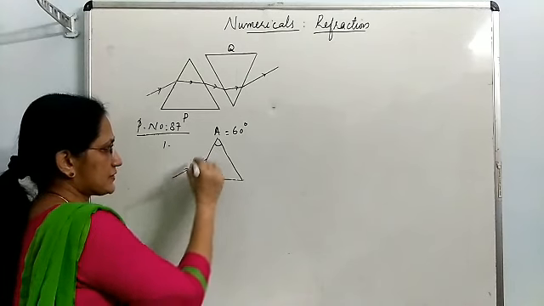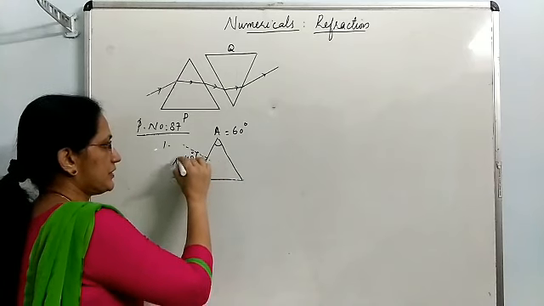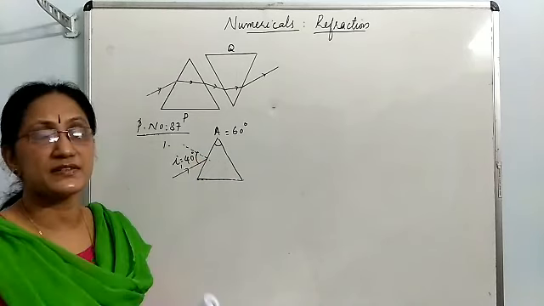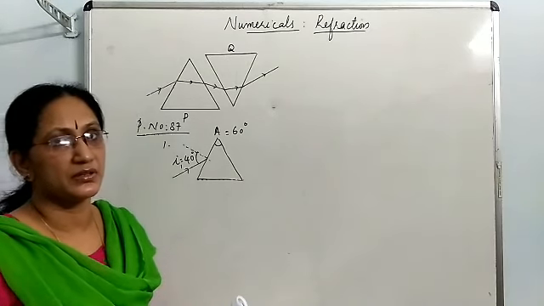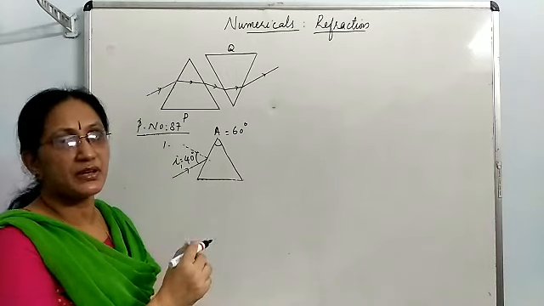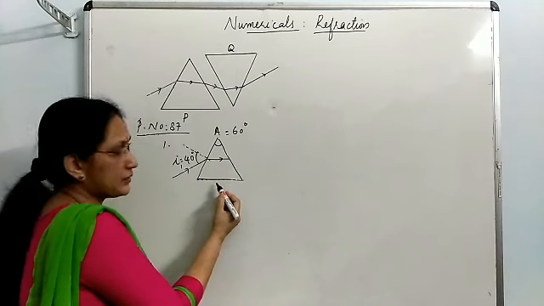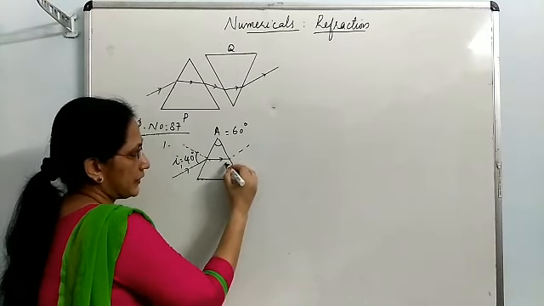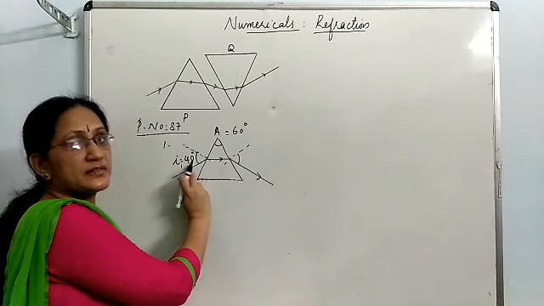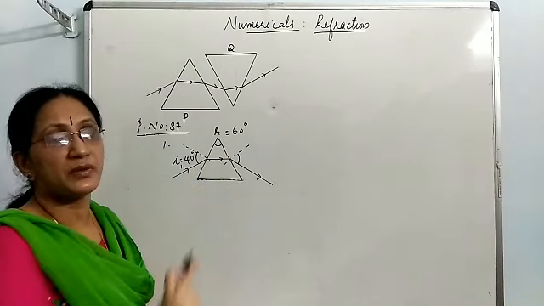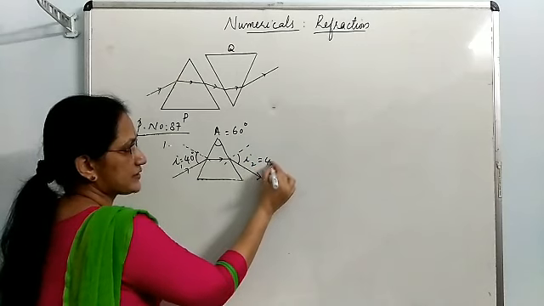A light ray falls at an angle of 40 degree. That means I1, the angle of incidence, is 40 degree and it suffers minimum angle of deviation. When a prism is kept at minimum deviation position, its refracted ray will go parallel with the base and the emergent ray makes an angle equal to the angle of incidence. This is only for minimum deviation position. This angle of incidence and angle of emergence are equal.